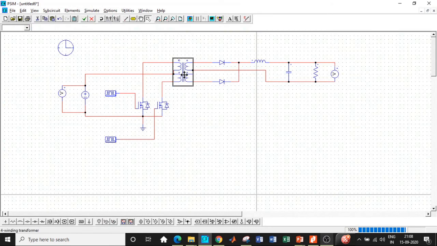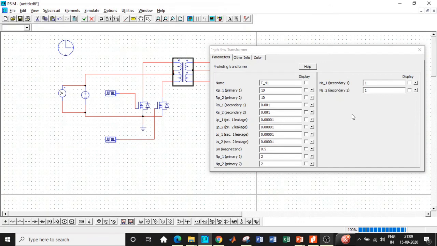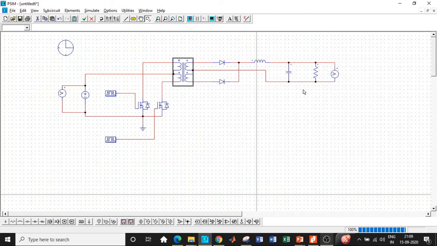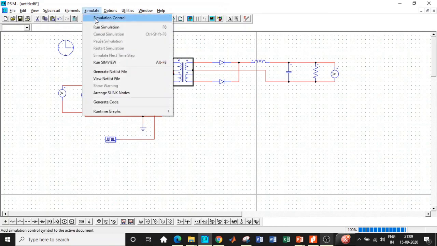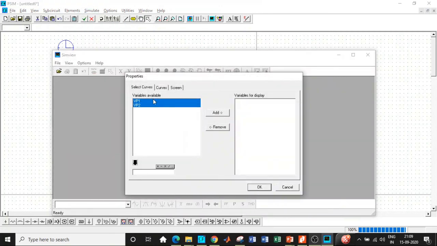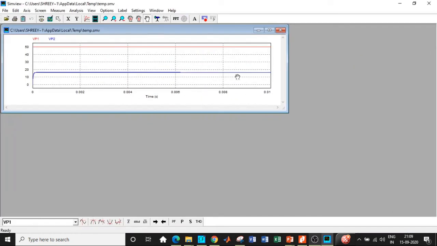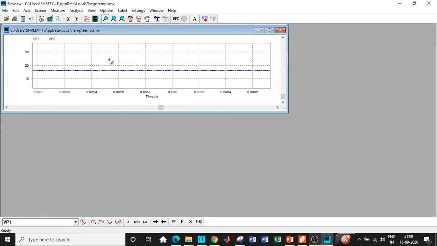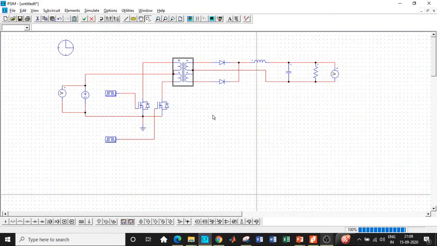The reason is very simple. If you click on this transformer, this is a practical transformer. The components in PSIM are ideal, but in this particular circuit, we are using a practical transformer. So when we are using that, there are many drops across the primary resistances, secondary resistances, leakage inductances, and magnetization inductances. So there are a lot of drops, and that results in a voltage drop of approximately 1.2 volts, I believe. That is the reason why we're not getting 17.5. However, we're getting something closer to it, and it is a DC voltage if you carefully observe. So we are approximately getting the voltage with respect to our circuit, and this is how we'll basically be simulating the circuit in PSIM.